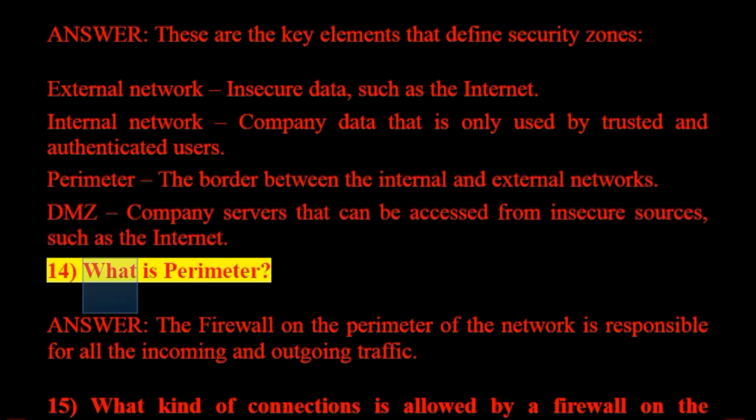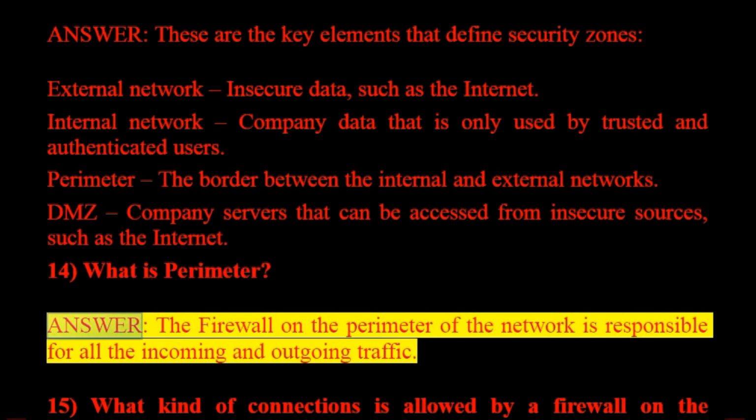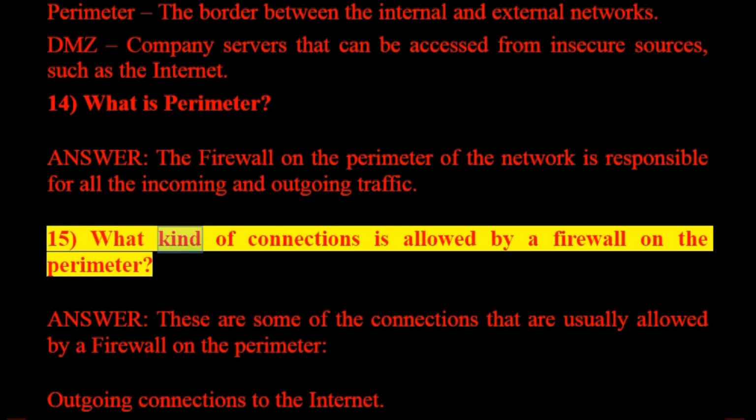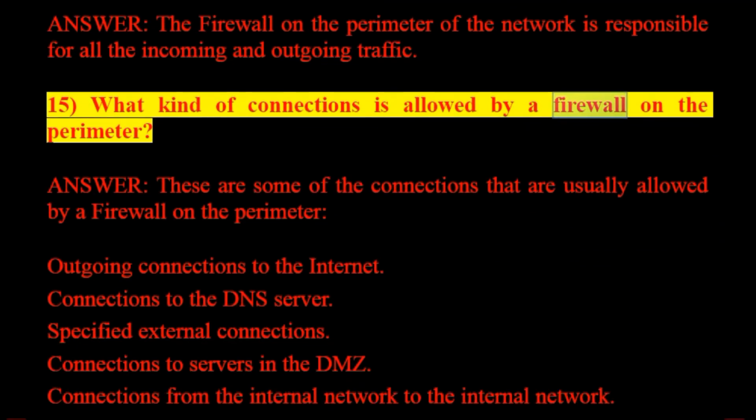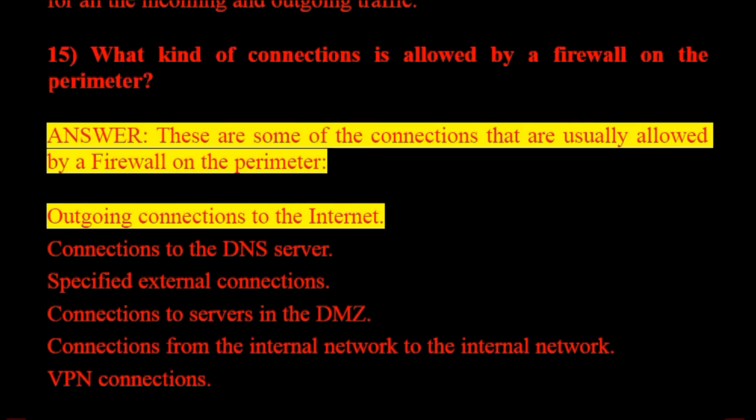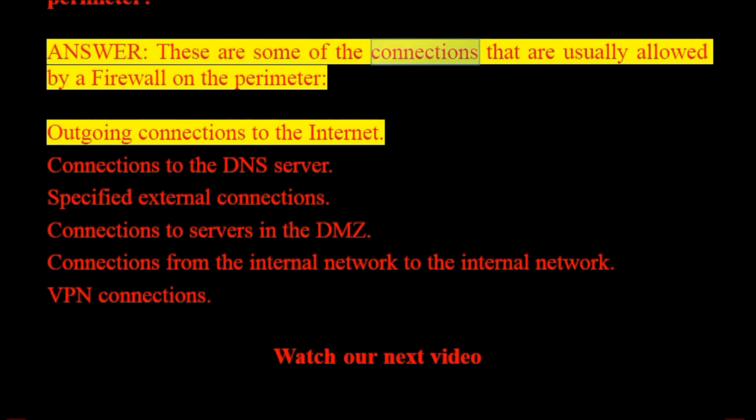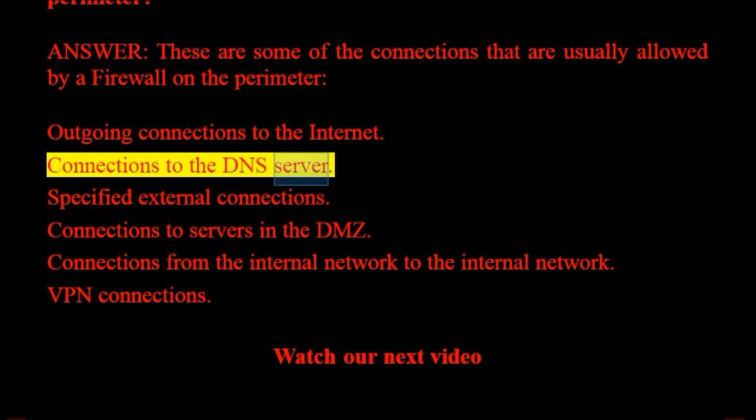14. What is perimeter? Answer: The firewall on the perimeter of the network is responsible for all the incoming and outgoing traffic. 15. What kind of connections is allowed by a firewall on the perimeter? Answer: These are some of the connections that are usually allowed by a firewall on the perimeter: Outgoing connections to the Internet, connections to the DNS server,